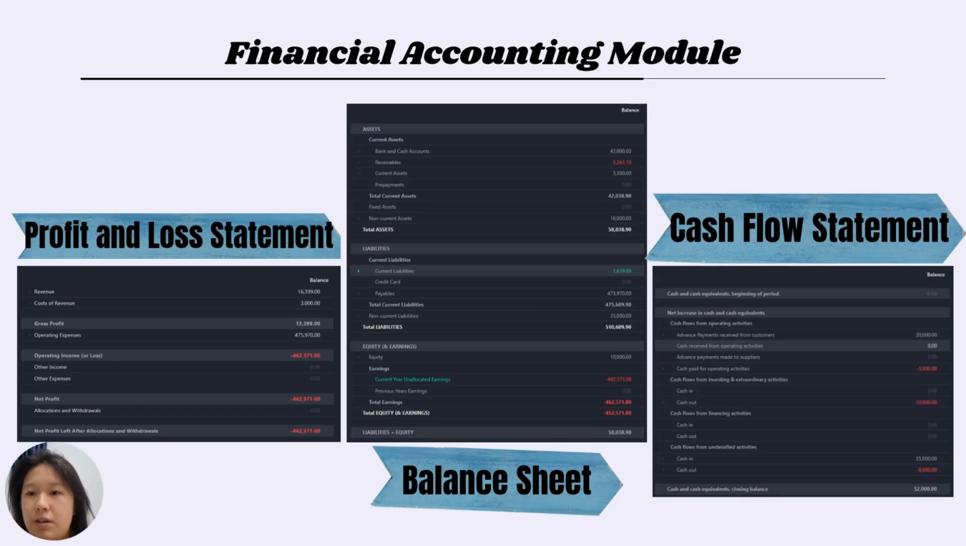Finally, we arrive at the culmination of the accounting process, the three most critical financial reports. First, the profit and loss statement shows our financial performance. We see a revenue of 16,399 ringgit against a cost of revenue of 3,000 ringgit, giving us a gross profit of 13,399 ringgit. However, our operating expenses, which represent our significant investments in inventory and operation, were